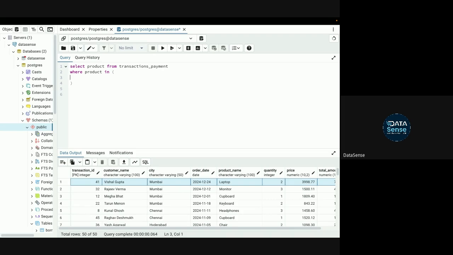So I will say, let's do select product_name from transactions payment. Now I need to find the most recent transaction. I can do it in two ways. One, I can say where order_date is equal to